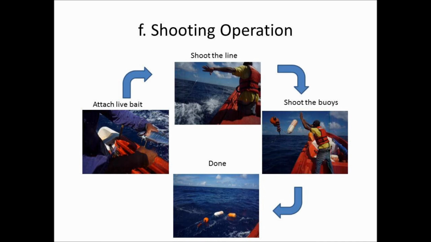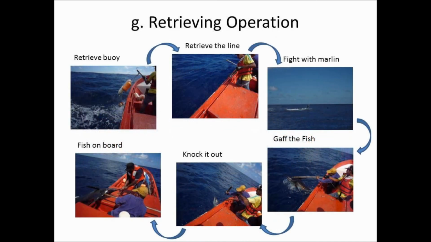After setting, once a fish is caught on, we then move to the retrieving operation. There is a clear distinction to know when a fish is caught. When there is no fish on, the buoy is in a horizontal position on the surface of the water, and when the buoy is vertical, it's a clear indication that there is something on, blue marlin or yellowfin tuna or other surface pelagic species. First, the fisher should carefully approach and retrieve the line,